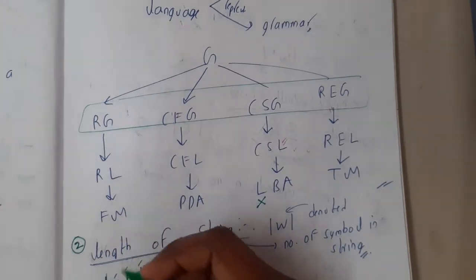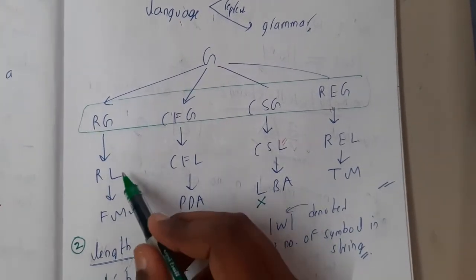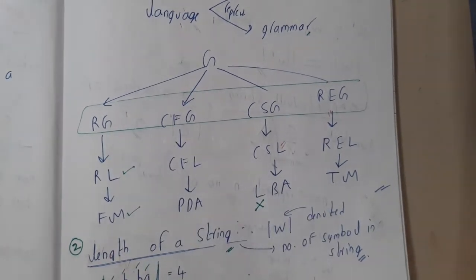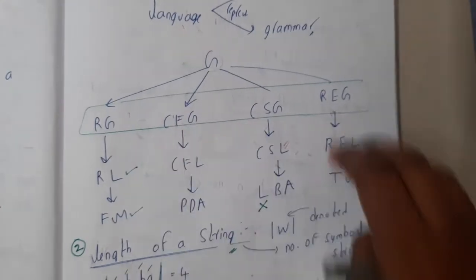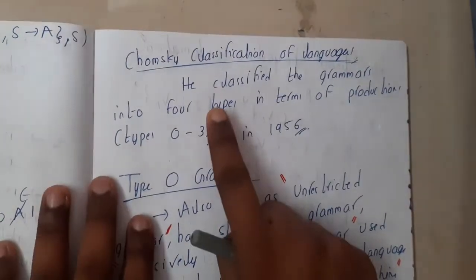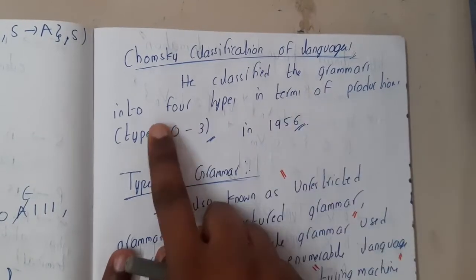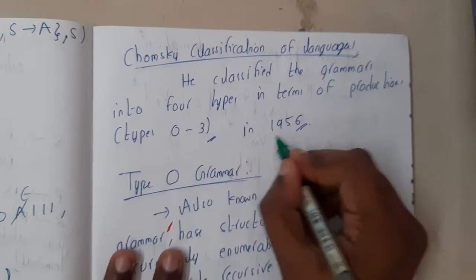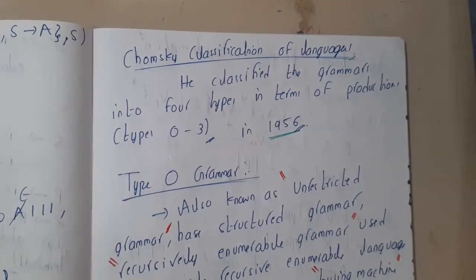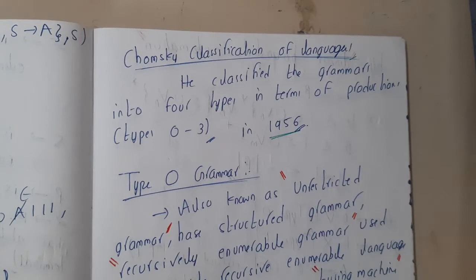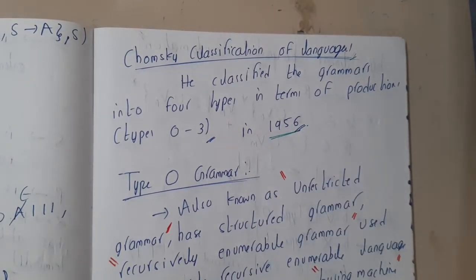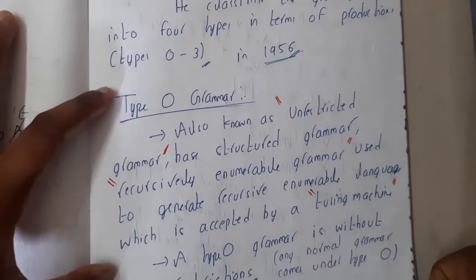Up to now, we learnt about finite automata and regular languages. Now we will be learning about regular grammar. We will be discussing grammar up to this layer. Chomsky has classified the grammars into 4 types: type 0, type 1, type 2, type 3. These were designed in 1956. Before the invention or application of automata, these grammars were the origin for all these things, guys.